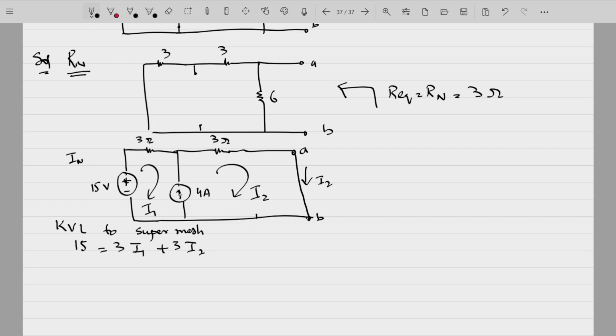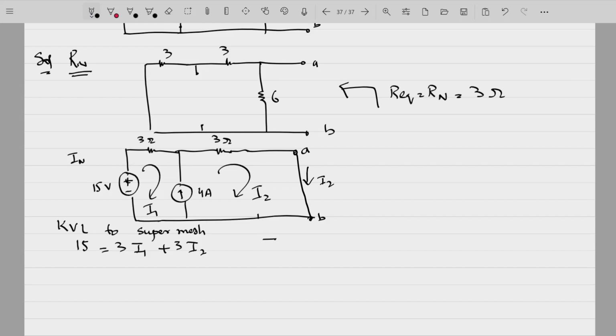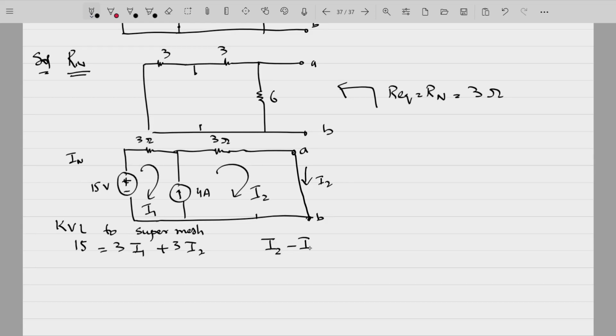Also from the 4 ampere current source, you can directly write I2 minus I1 is equal to 4, which implies I1 is equal to I2 minus 4. Substitute this here. 15 is equal to 3I2 minus 4 plus 3I2,